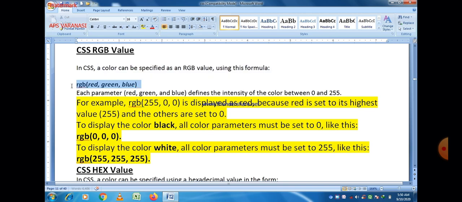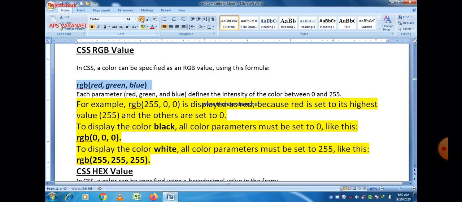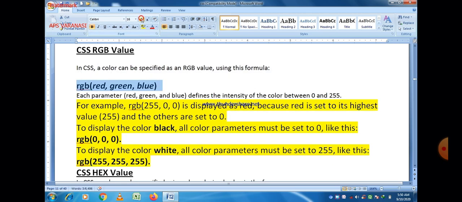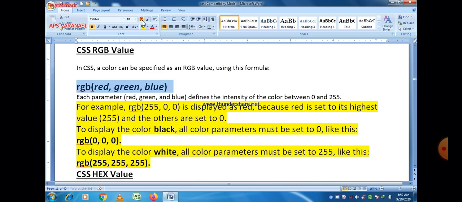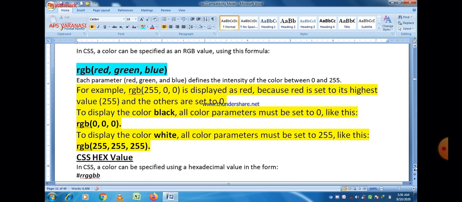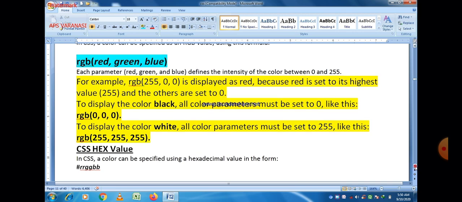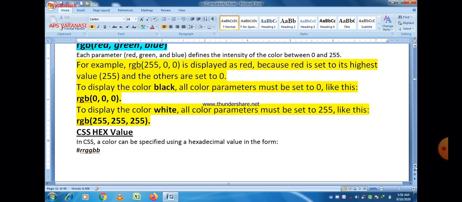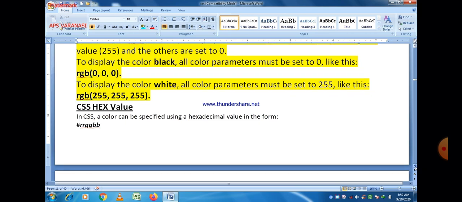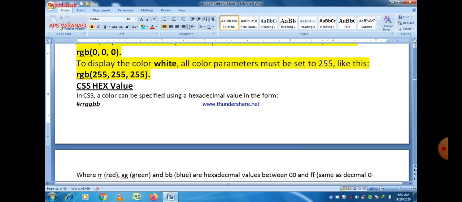So you can form any color using a combination of red, green, and blue. The basic concept is that any color is formed using these three basic colors, and we can give the value of red, green, blue between 0 and 255. If all values are 0, then black. If all values of RGB are 255, then it is white.